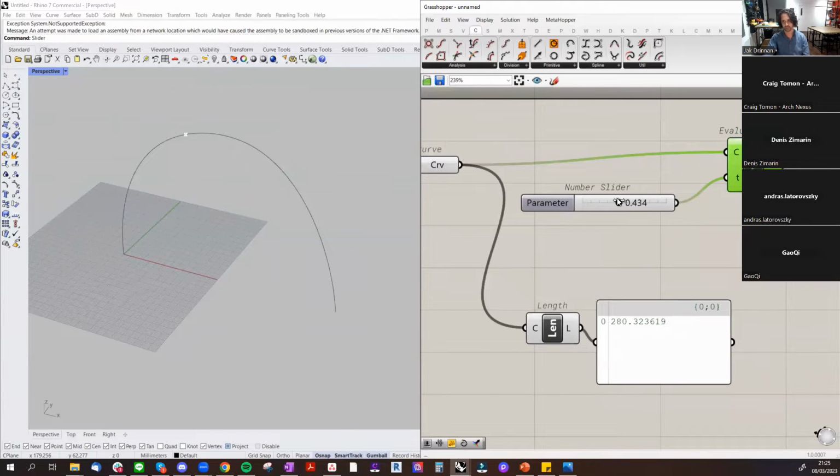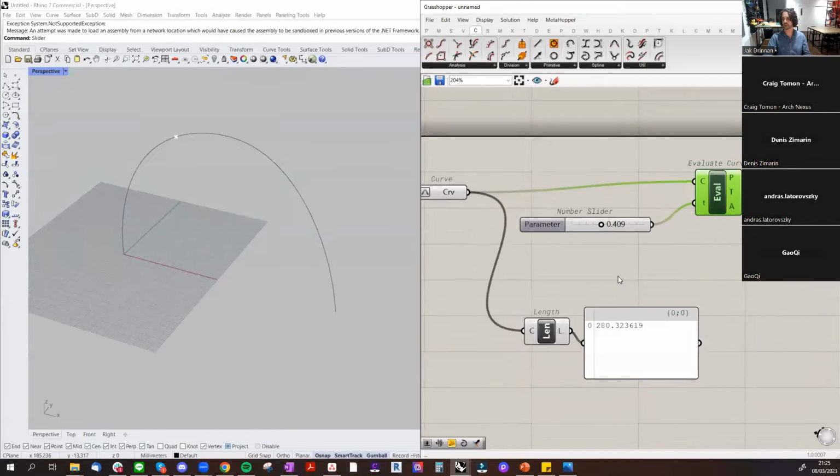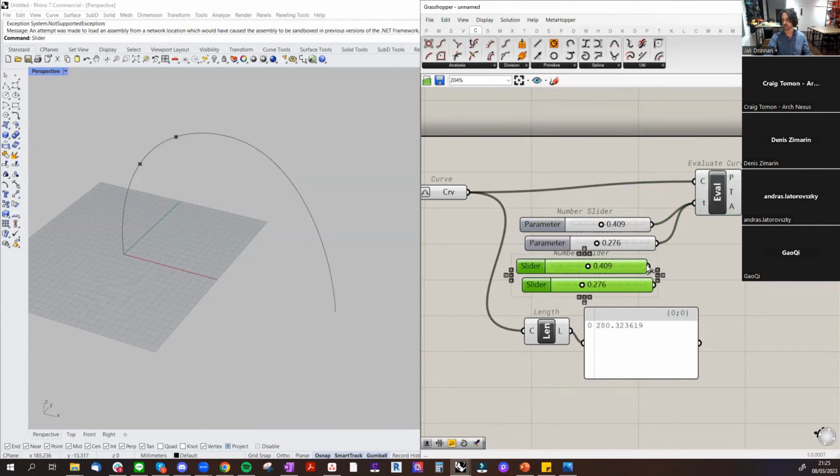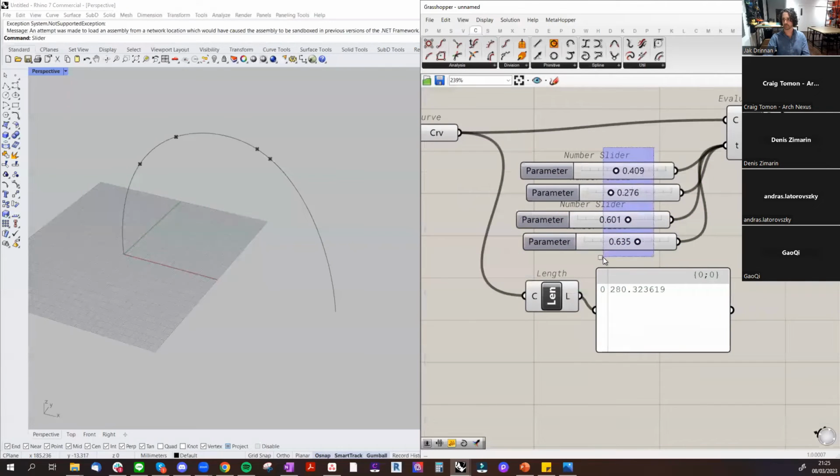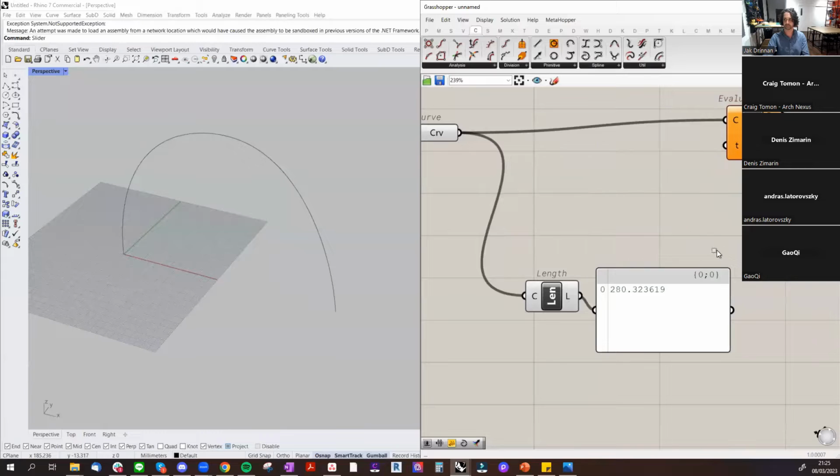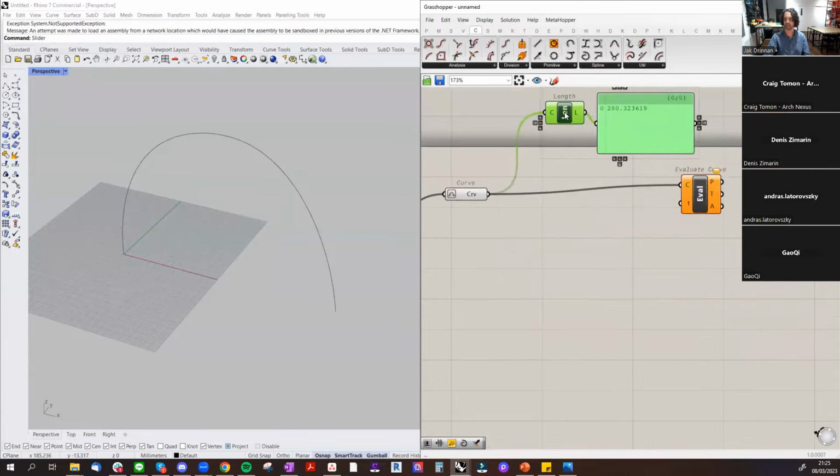Halfway through the curve is 0.5 and so on. So what if I wanted multiple points on that curve? As long as this number is between 0 and 1, I can add as many parameters as I like to choose some points on this curve. So I'm going to delete my sliders and introduce another